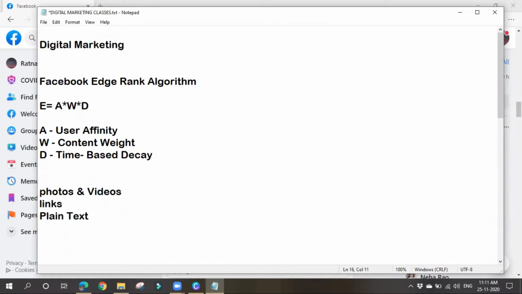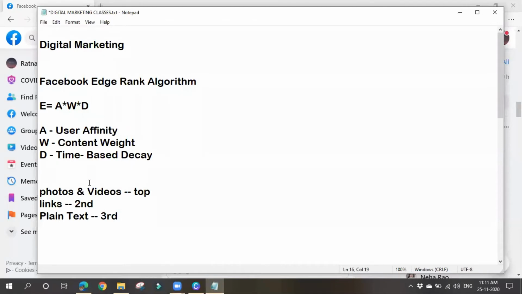As Facebook is a kind of media platform, mostly people will be liking images and videos more. People will not be interested in text. The Facebook EdgeRank algorithm will give top priority to photos and videos. For links, some people might be sharing links also, it will be given second priority, and plain text will be given the least priority.